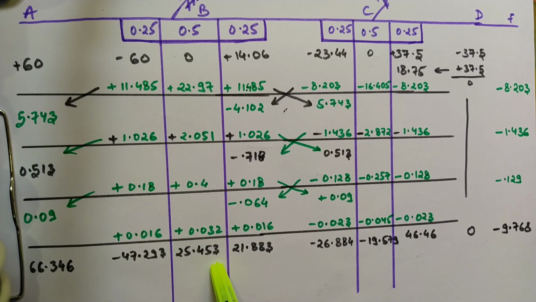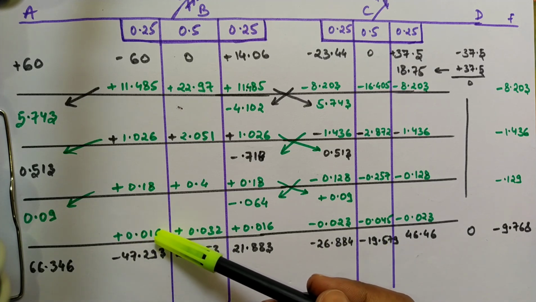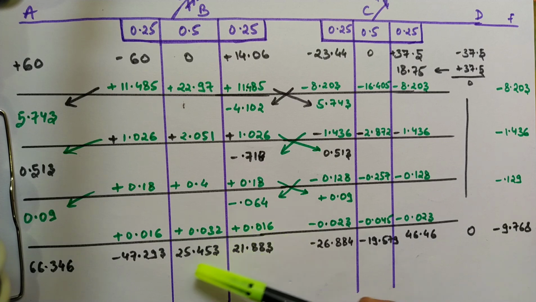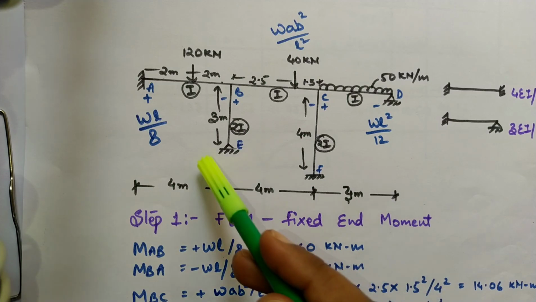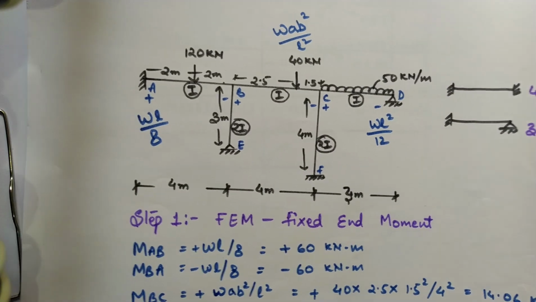तो हमने क्या किया है, हमने सारे के सारे मोमेंट्स को कैलकुलेट किया है, सम किया है, और जब हम इन तीनों को प्लस करते हैं तो हम देखते हैं कि 0.0 something का आंसर आ रहा है. That is the moment at B joint and C joint, वो दोनों के दोनों सारे डिस्ट्रीब्यूट होकर के न्यूट्रलाइज हो गए हैं और इक्वल टू 0 हो गए. We have to sum up all the members starting from -60, 11, सारे के सारे मोमेंट्स को हमें ऐड करके और यहाँ पे लिख देना है. और उसके बाद हमें हमेशा चेक करना है that at a joint it has to be equal to 0.